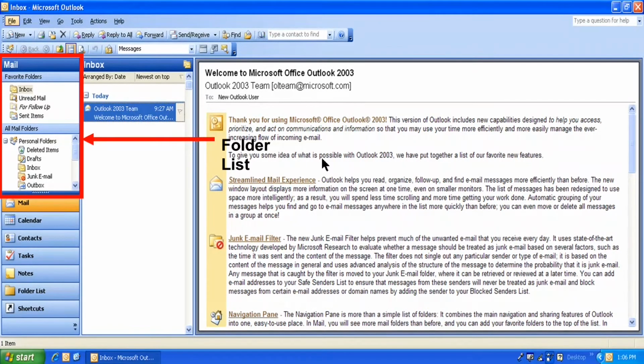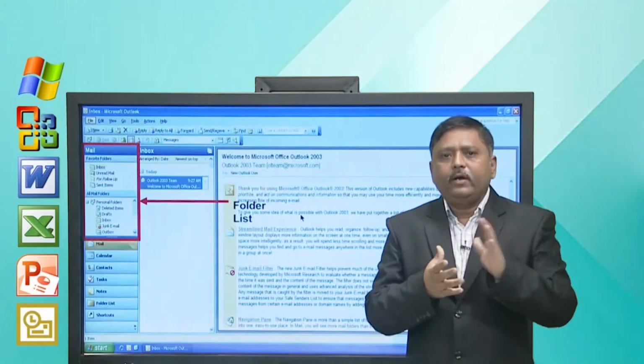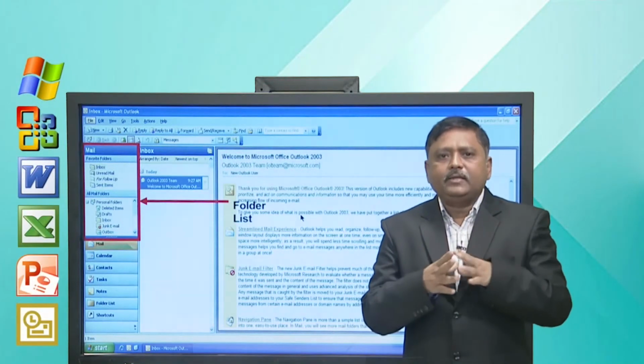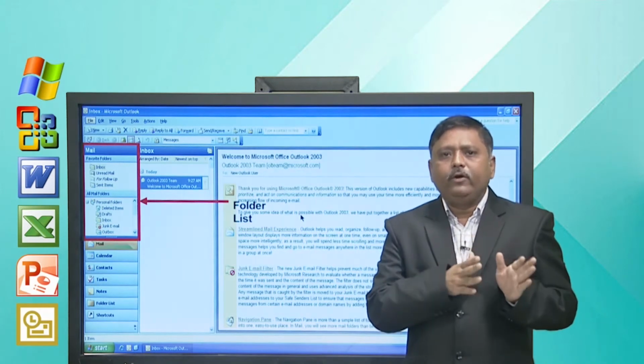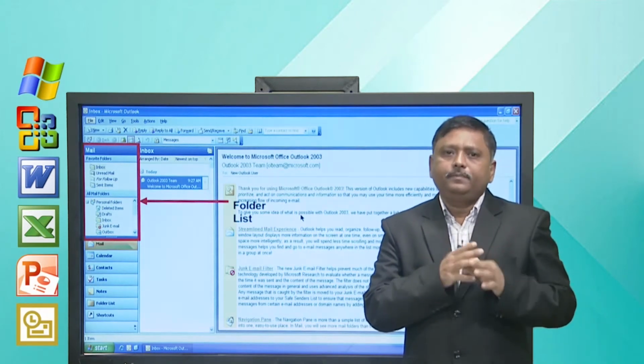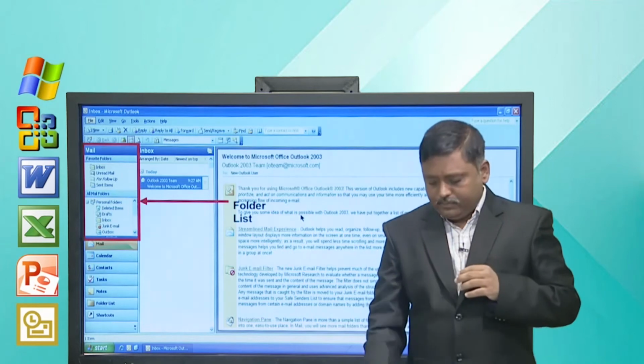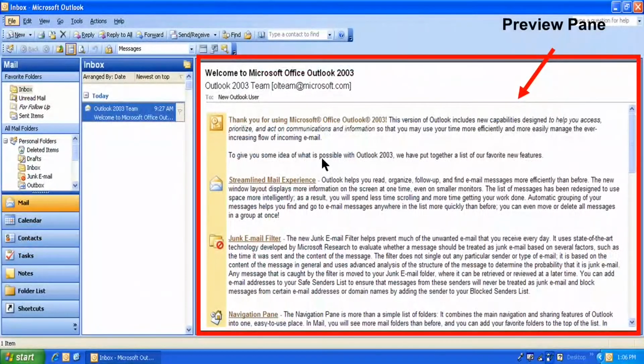You can create your own folder, you can delete or put content inside a folder, and you can do many tasks which are similar to managing folders in Windows. So, this is called the folder list. Then we have the preview pane. Now, what is the preview pane?